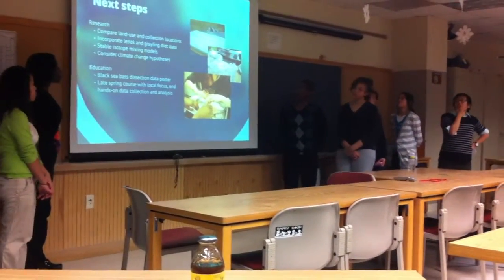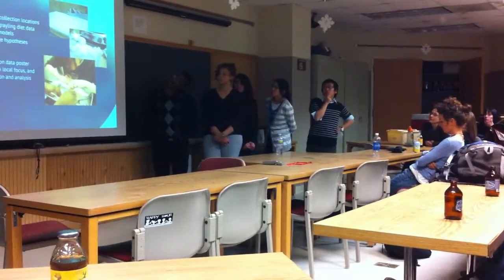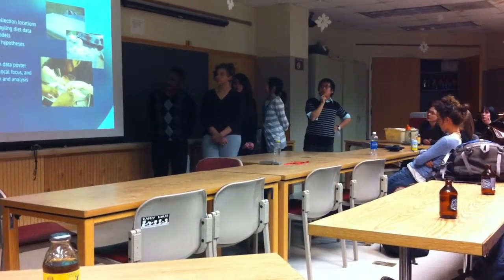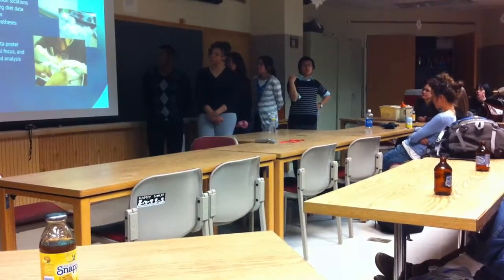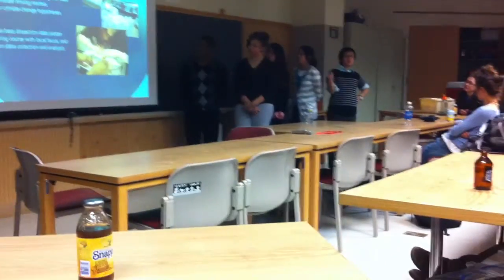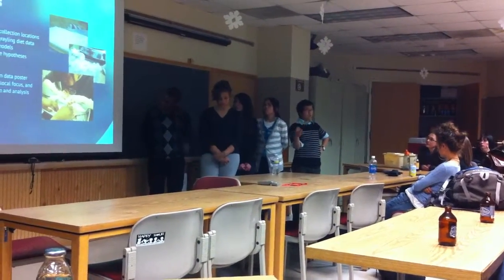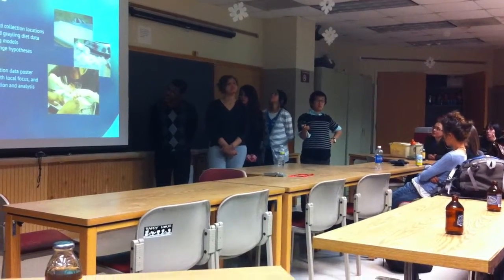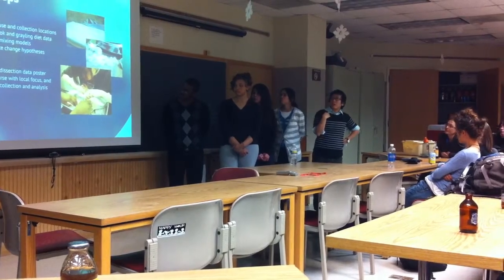So we've only just barely scratched the surface on this data. I think there are a lot of directions we can go with it. One of the things that Anna and I were talking about last week is that some of the N15 levels or ratios were a lot higher than I was expecting, and we talked about how that might be influenced by some of the land use. Maybe the perch may have been collected in places where there was a lot more grazing, and whether the grazing and livestock runoff may be elevating those N15 levels.